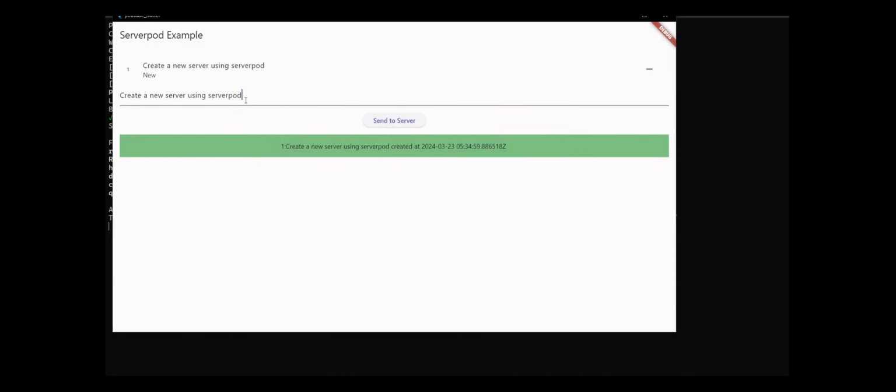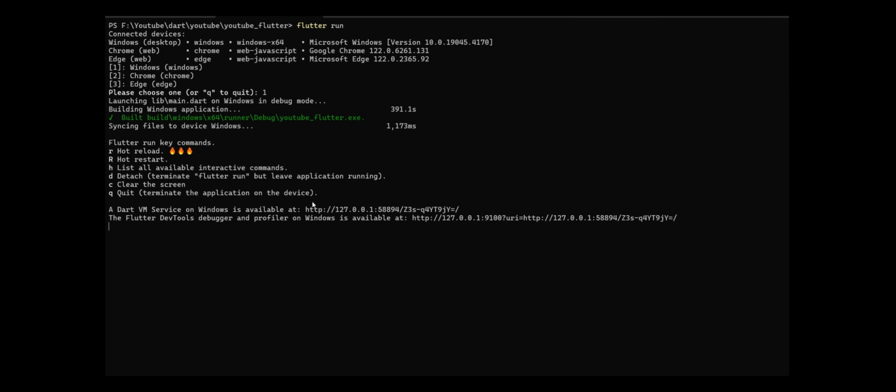So, our to-do creating is working, but our text field is not clearing after clicking the button Send to Server. Let's change that.